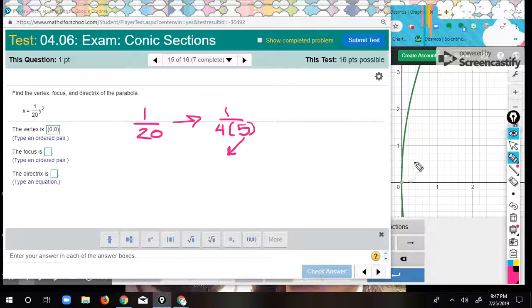Because remember, if our graph is over here, the focus is how far away on the inside of the parabola it is. So you have a C value of 5. So that means your focus is 5, 0, and then you're